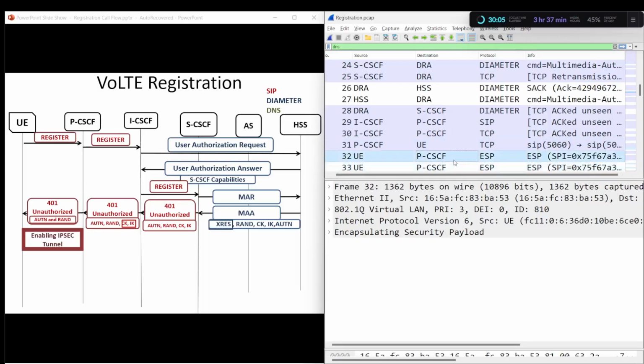Now, what information should be present in this register from the UE to the proxy CSF? As we said before, the response should be present, because the challenge will occur with the SCSF for the expected response. This is the first thing. Second thing, when this tunnel is enabled, the UE has already authenticated the network when it received the AUTN and the random. So the register is being sent from the UE to the proxy CSF,